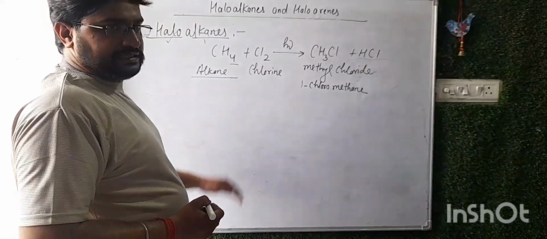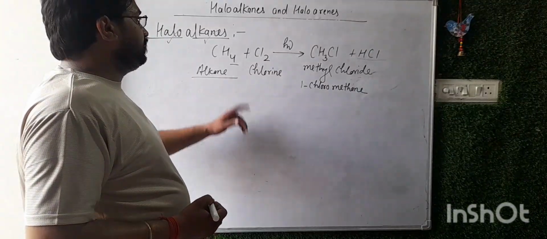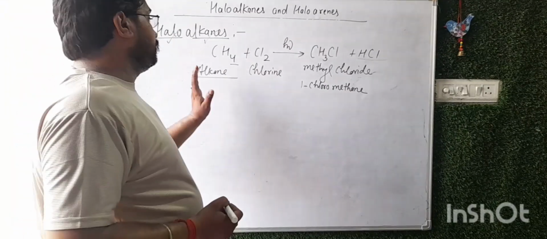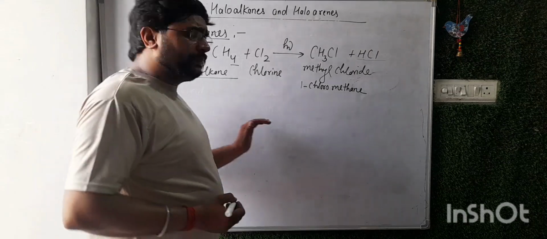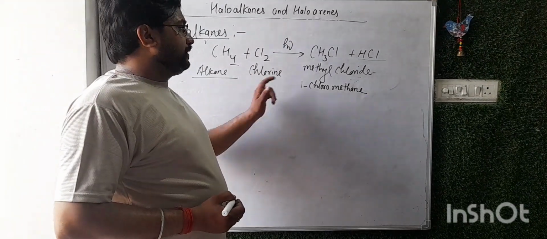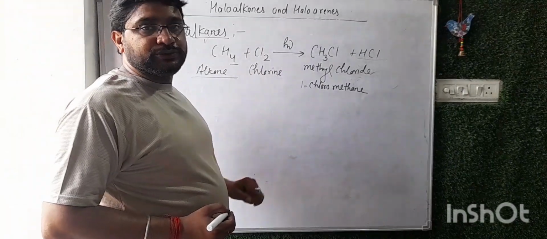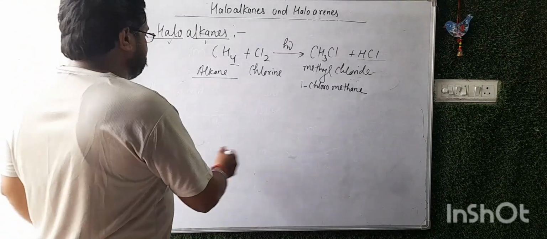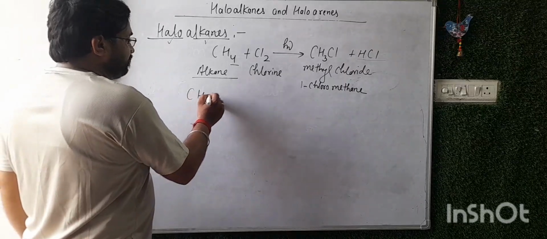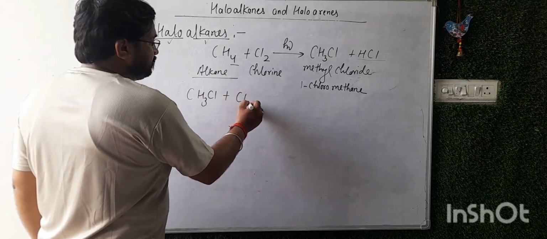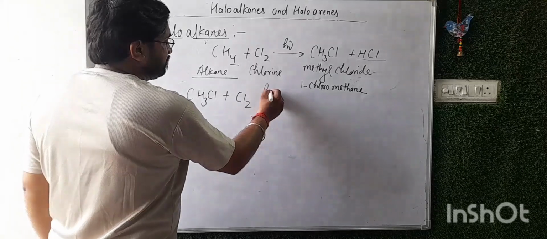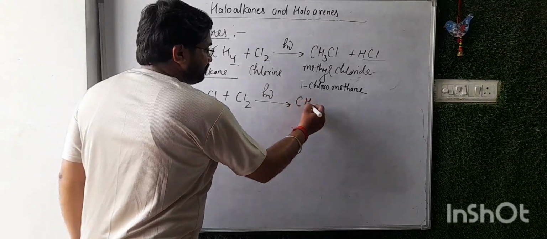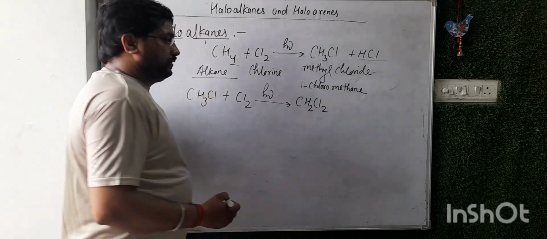This reaction is not a one-step reaction. This reaction continues till all 4 hydrogens get substituted. And what is the mechanism behind this reaction? The mechanism behind this reaction is free radical substitution reaction. And this reaction continues here. When methyl chloride again reacts with a chlorine molecule in the presence of light, again one hydrogen is substituted. Here the formation of